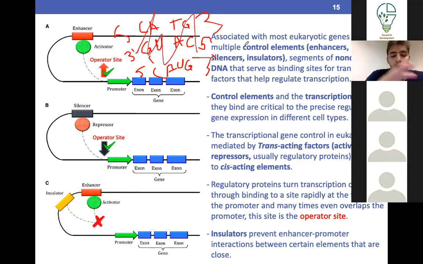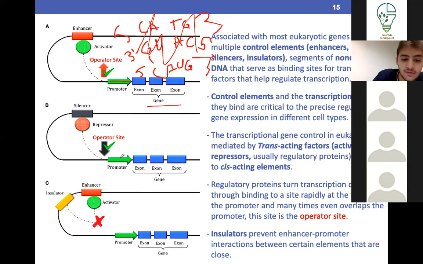Okay, now let's talk about transcription factors. Before we start, we have a gene, okay? The gene codes for a protein. Within this gene, you have different exons and the black line here, which represents introns. These will be removed during RNA splicing, and the exons will be rearranged during RNA splicing. Before this gene, you have a promoter region. Now, this promoter region needs to be activated in order for transcription to happen, that is, if the DNA isn't methylated or if the histones aren't deacetylated. So if all the conditions are right, the promoter region needs to be activated.